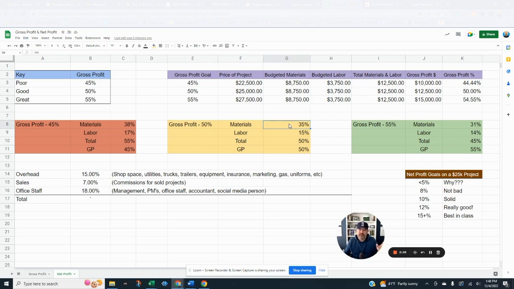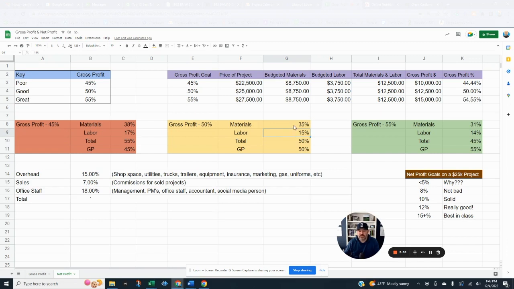and maybe to really give it a go, pick three. Pick a job that maybe didn't go so well. Pick a typical job, and then lastly pick a job that you think, boy, we really did well on this one. I sold it right, went in fast, everything went great. Let's take a look at those, and that'll give us an average and see, like, boy, are my materials 50%? Man, labor is really high.